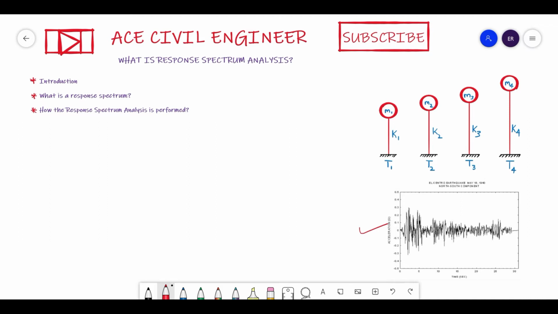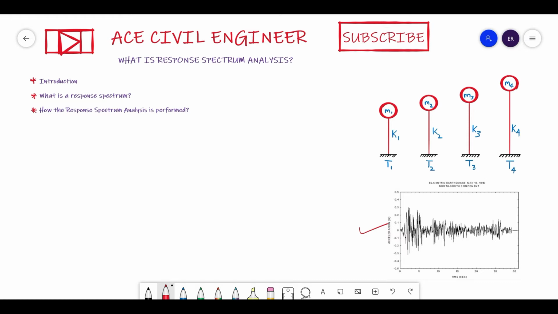This represents that we are considering many general earthquake motions based on which we generate a spectra, and based on that spectra, for each mode we find the displacements and member forces. Initially you may be confused because of all these heavy technical terms, but once the video finishes, friends, you will definitely understand what exactly I meant to say.